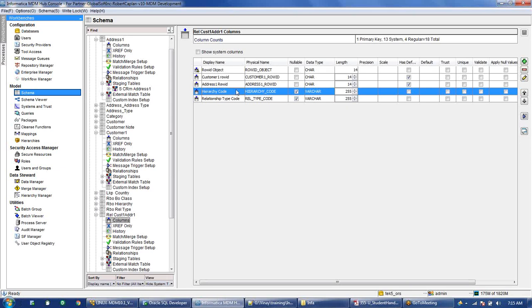Once the columns are created in the production environment, we will reload the data. We will update all the hierarchy code and the rel type code for all the columns. And once it is updated, you can come and remove the checkbox here again. So that's the step that we have to follow in case we already have data in our environments and we don't want to truncate the data. This is the step that you can follow so that the data doesn't get deleted, and we can implement the HM also.